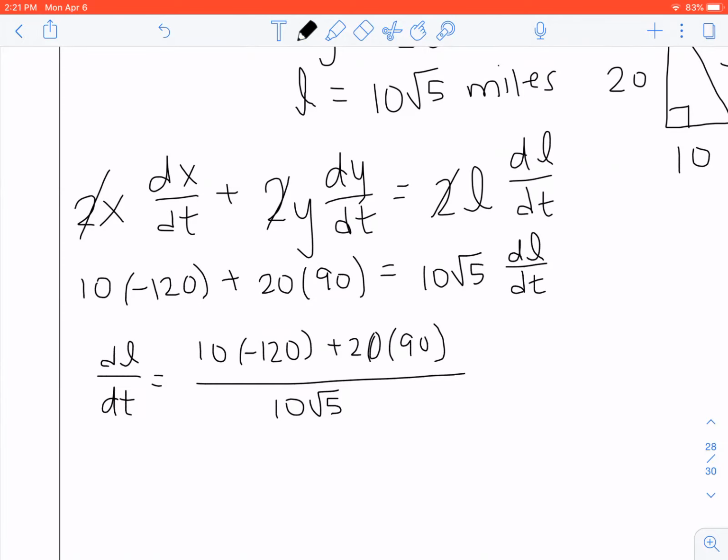If you simplify this, you will get 60 divided by the square root of 5. If you want to rationalize it, you can, but it's definitely not required. This is a rate, L is a distance measured in miles, and time is in hours. So this is miles per hour. And so the trains